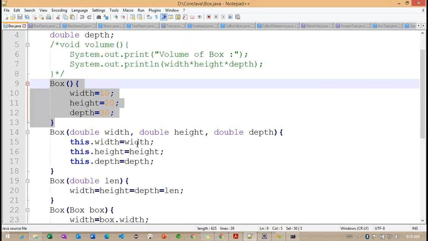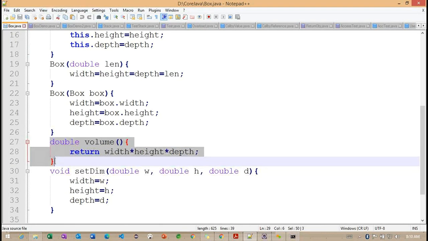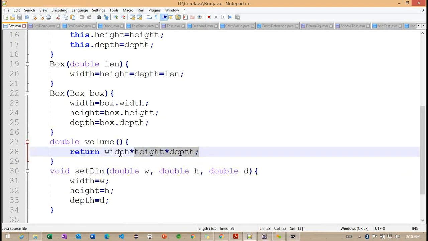Go to the Box class and let me go to the value. Now you can see it's returning these three variables. After multiplying these three variables, we are going to get some output here.